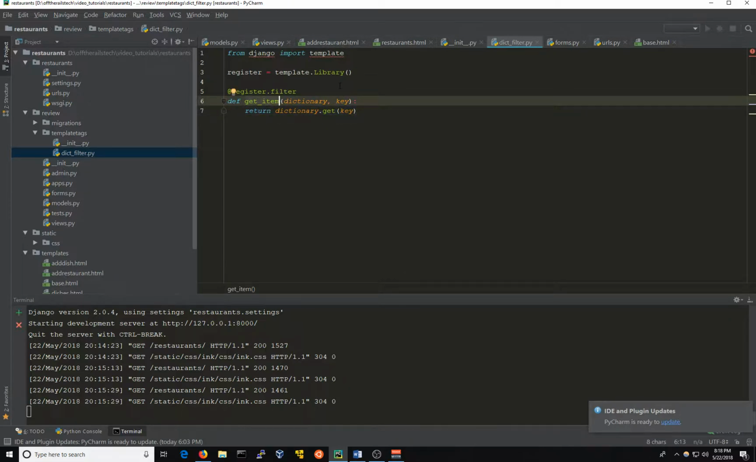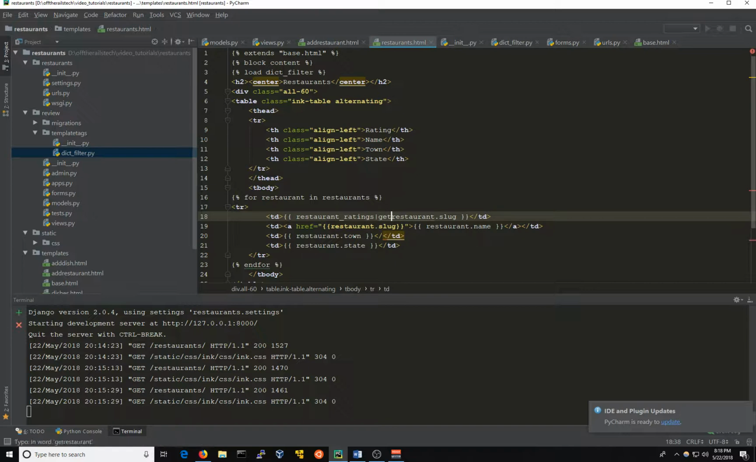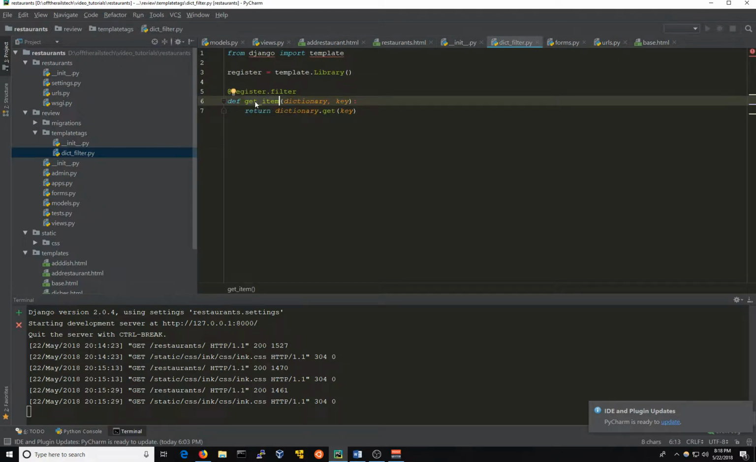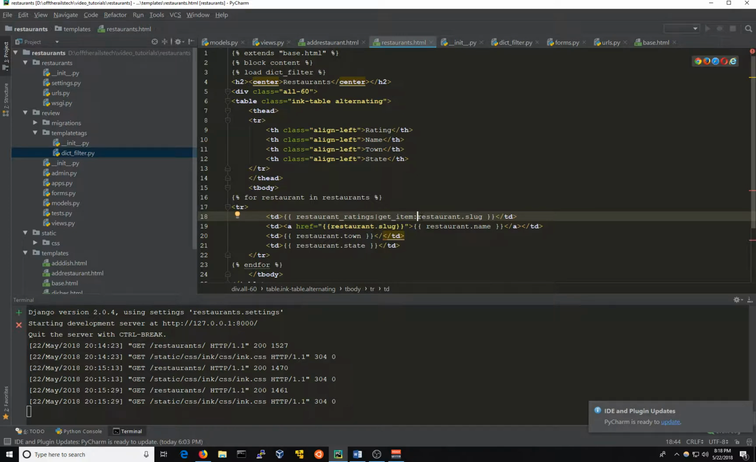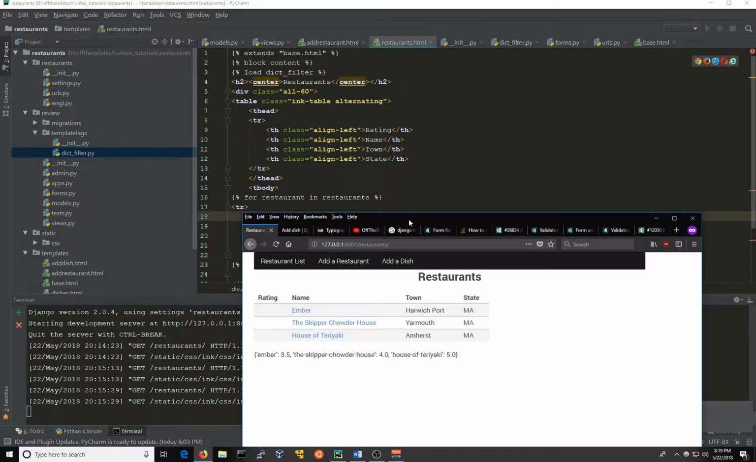So to use it, we have to go over to our restaurants and we have to do load dictionary filter. And to use a template tag, you do this pipe. So we're going to pipe it, and then we're going to say get item colon. And get item is just because that's what we have defined here as our method. So get item, and then what we're passing to it is the restaurant slug. So that should fix this, so that we no longer have that nested for loop inside of a for loop